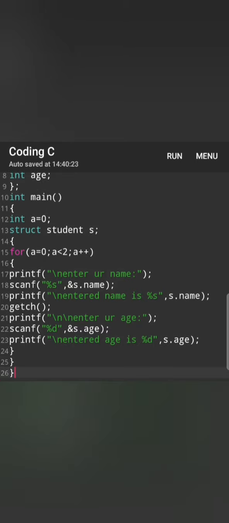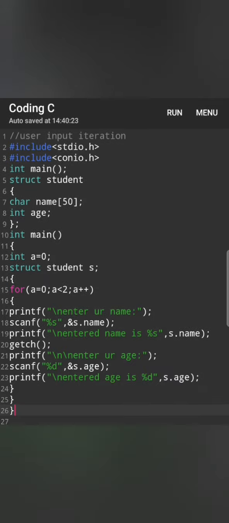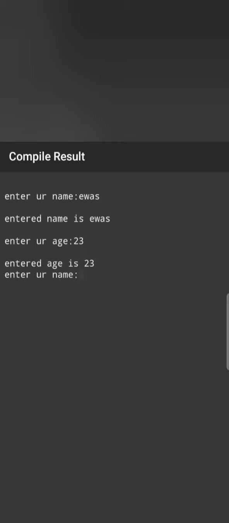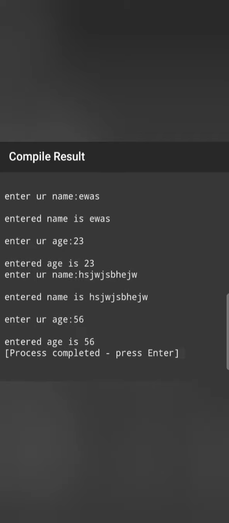Only these changes are required and then we will run our program to check the output on our screen. How to enter the output on the screen and what output will be shown after that is clearly being shown on the screen. You can view it and understand the code completely. After the completion of this block, finally we have reached the end of our video.